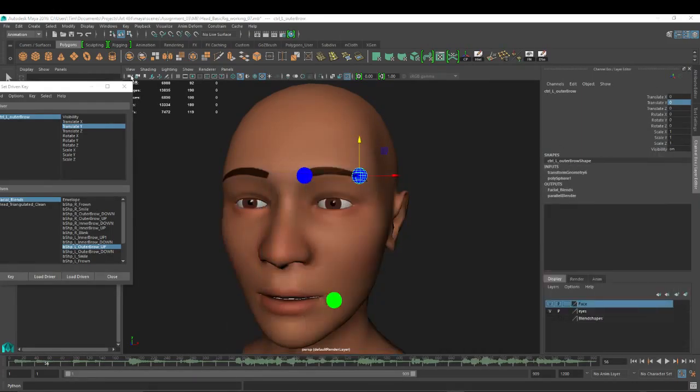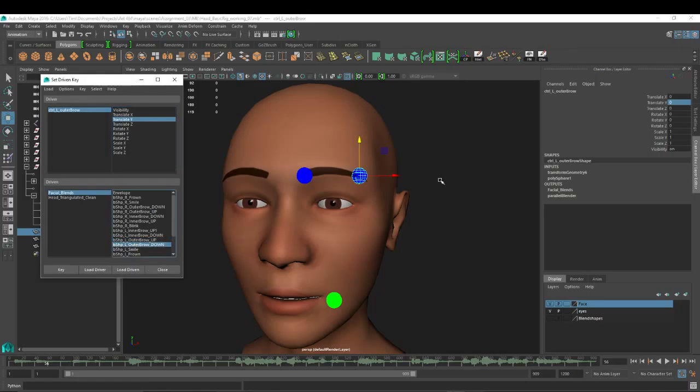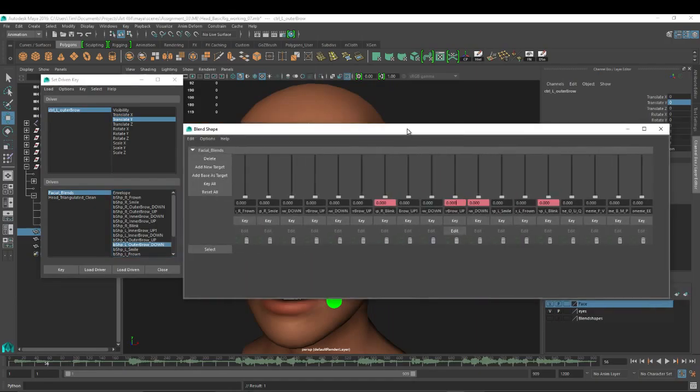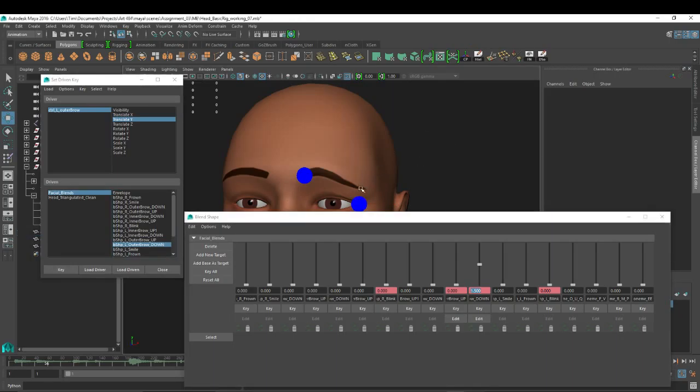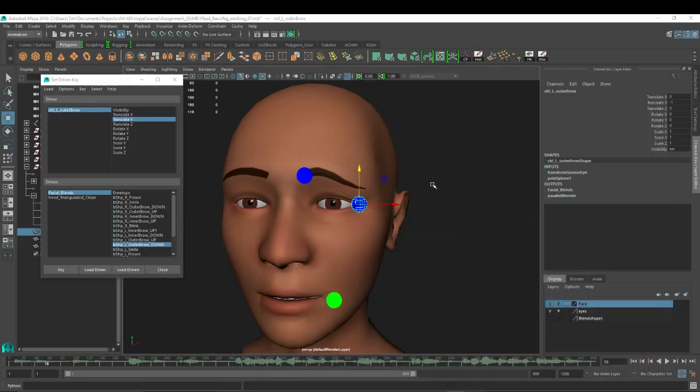So just going to do the same thing again with outer brow down. I'm going to hit key with them all set out to 0. And you can see outer brow down is now set. And let's set this to -1. And I'm going to set the outer brow down to 1.5 just to get a little exaggeration, and we'll hit key. So now we can see when I move this up and down, we're controlling 2 blend shapes,